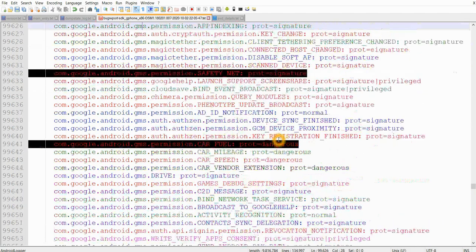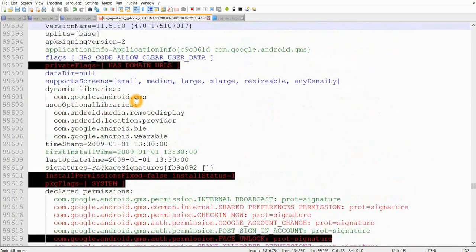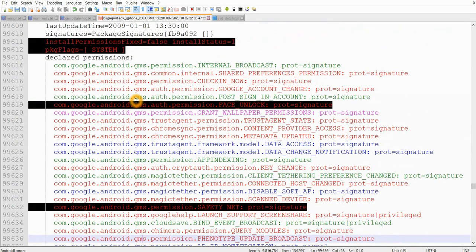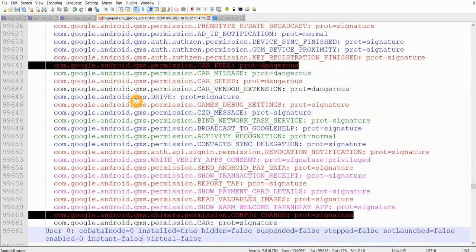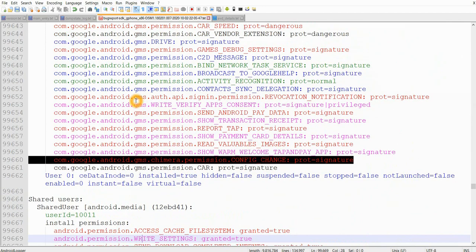So here I'm getting the details of all the processes running in my emulator. If we want to know the details of all the processes running in your device or emulator, we can use the ADB shell command, adb shell pm list packages. If we run that command, we will come to know all the packages installed, what are the processes running, all these details. If we collect a bug report directly, we can get to know all these details.